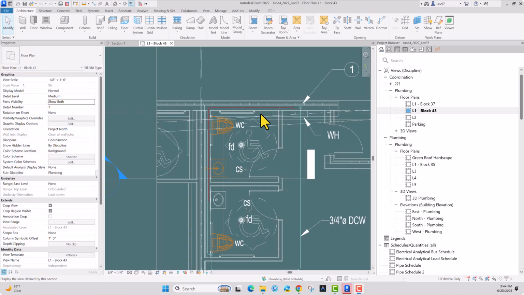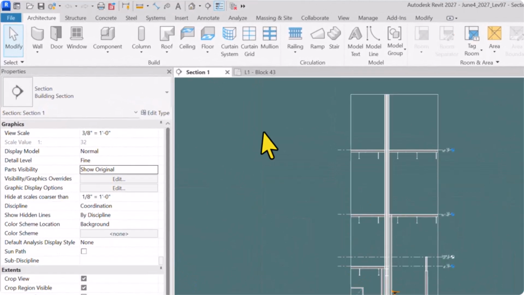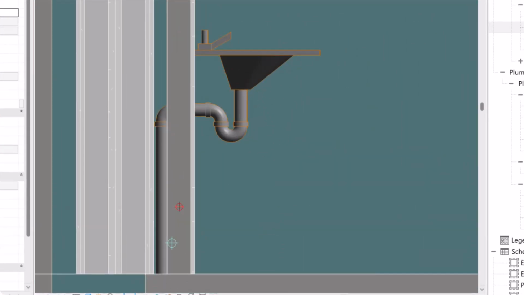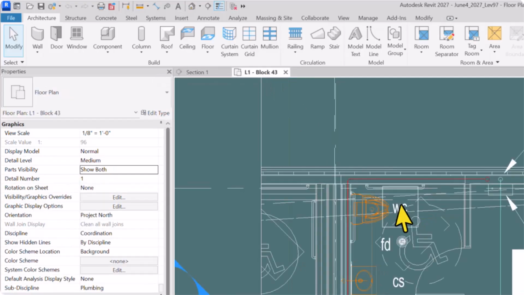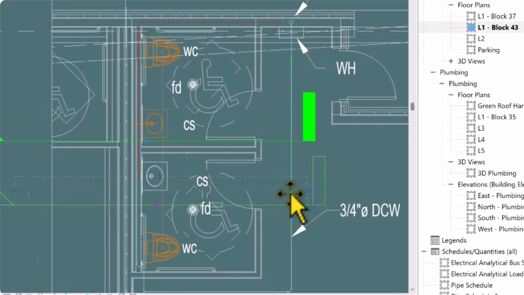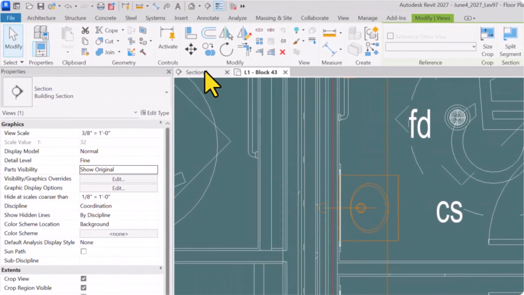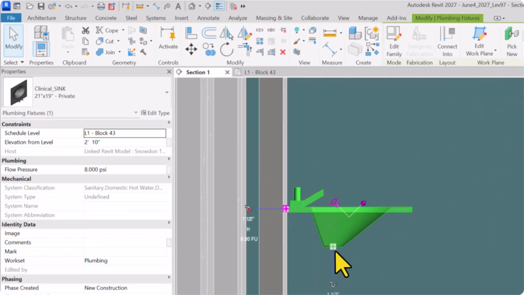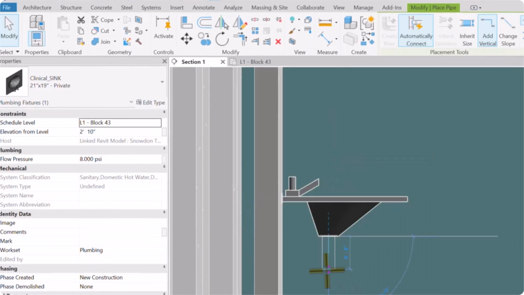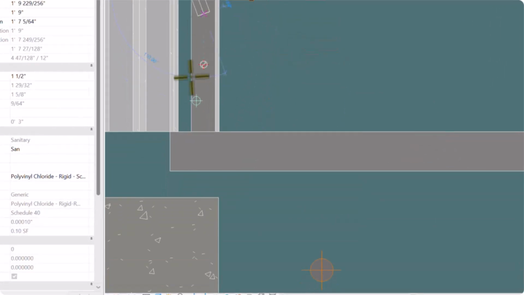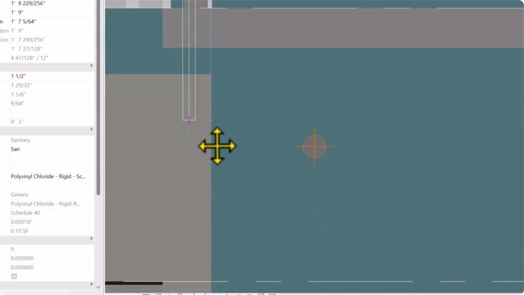Let's look at the sanitary system for this drawing. Now, I already have the section for that laboratory. Let's go back and see if we can get a connection for the other laboratory. I'm going to come here a little bit, come down, go in the wall, come back so we can